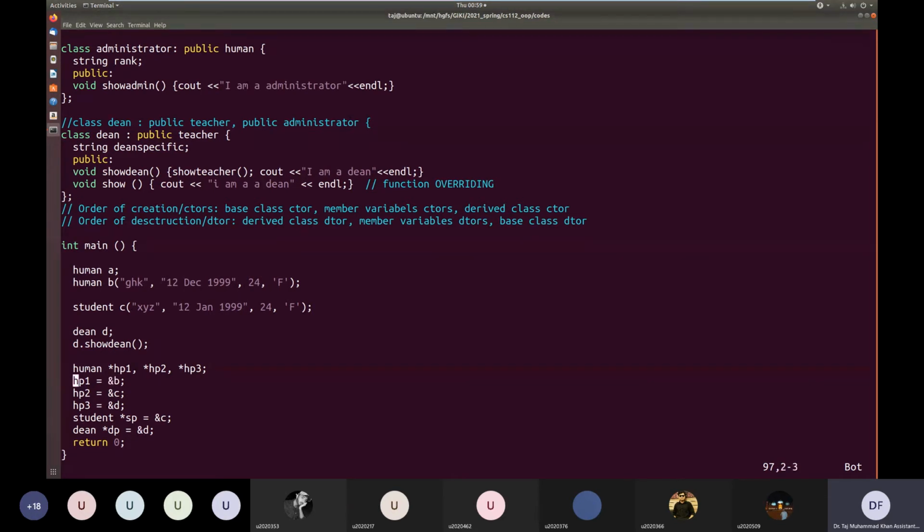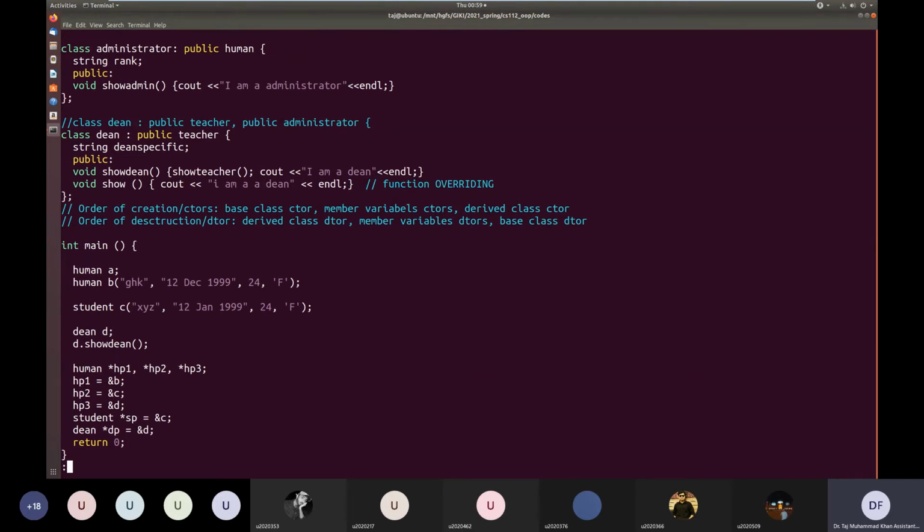First we are assigning the address of object B to HP1. Here on both sides of the assignment operator we have the same type of data. On the left side we have a human pointer, and on the right side also we have the address of a human object. So it's the same pointer.